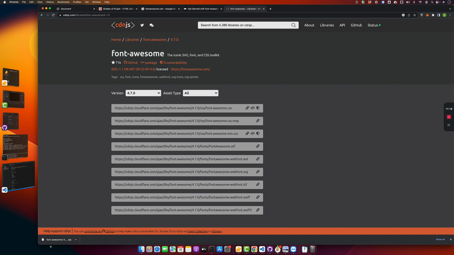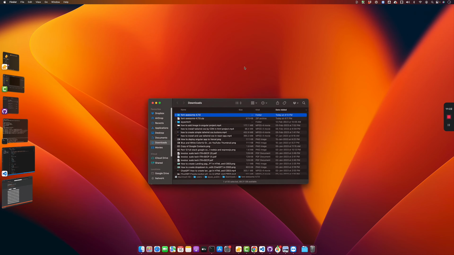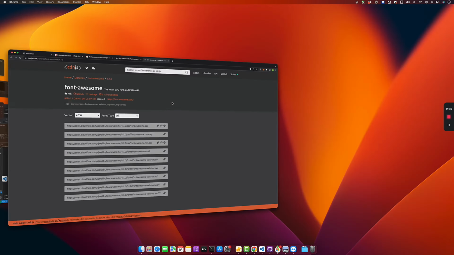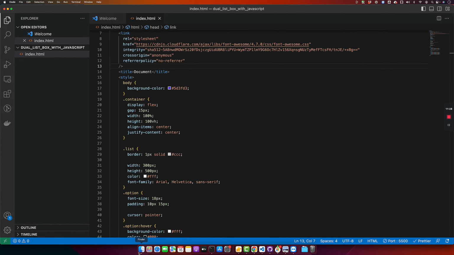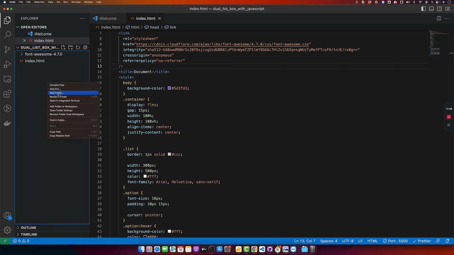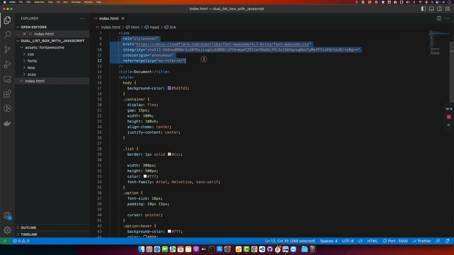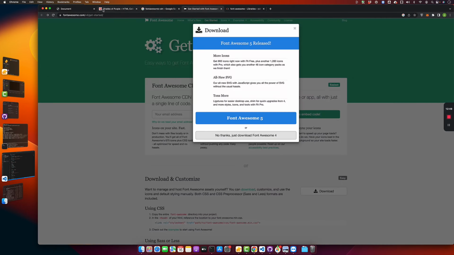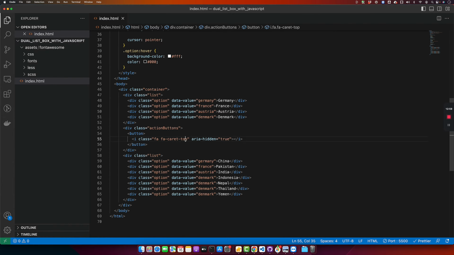I'm just going to use this file. Let's just drag and drop this file into VS Code. Actually, I was using the wrong name. So instead of top, I should have used up,